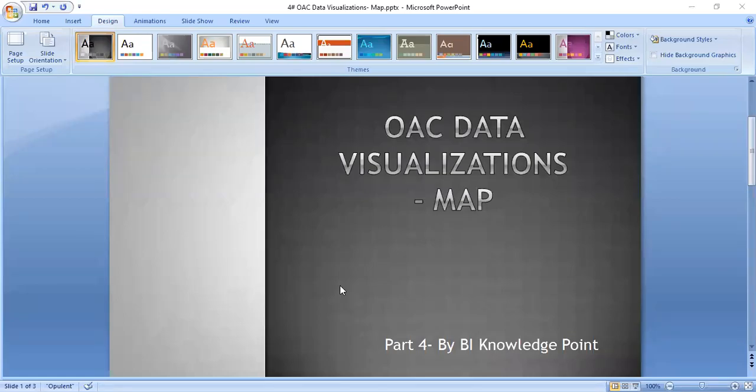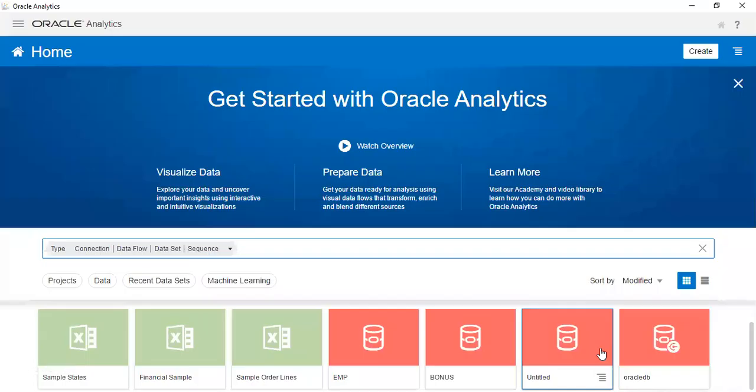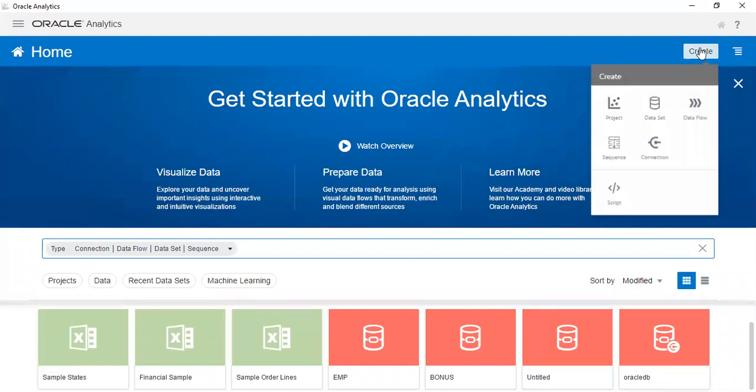Today I am here to show you how to create a map through Oracle Analytics Cloud. Now let's begin. I am going to open Desktop. So I have opened Desktop. Now I'm going to create one new project